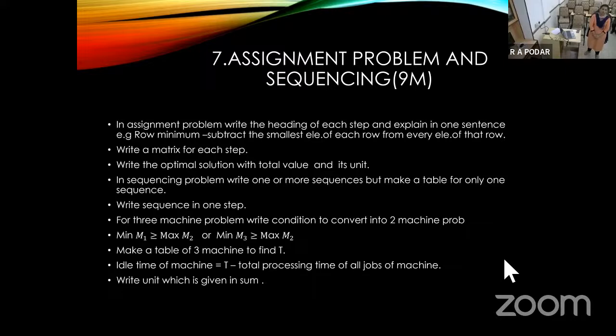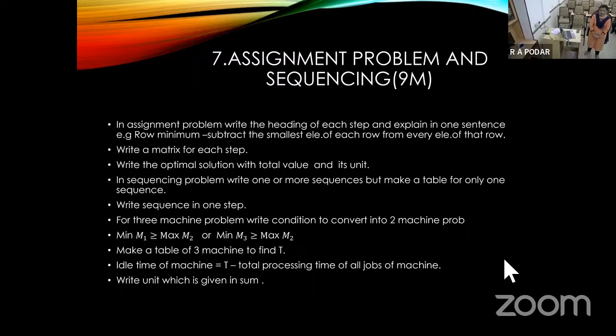For row minimum, it is sufficient to write: subtract the smallest element of each row from every element of that row. Don't increase the length of the solution, because there are no marks for writing one paragraph on how to minimize. A simple one sentence with a proper step is enough, and for row minimization, column minimization, and the next steps, we have to write each step. And at the end, the last step we have is